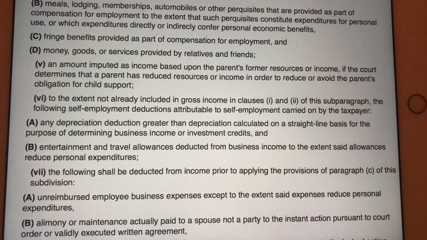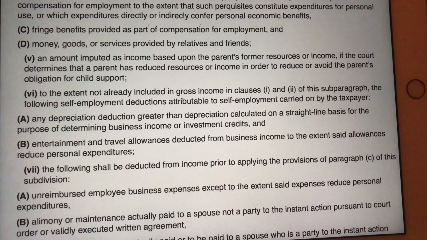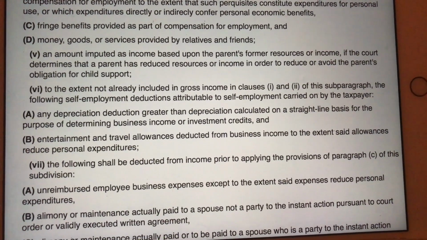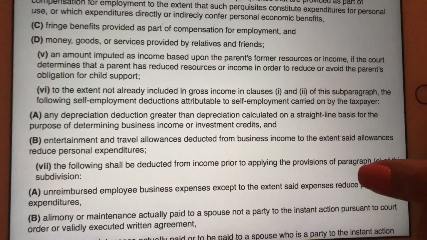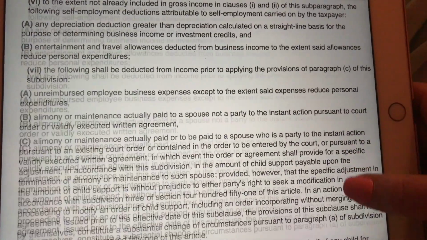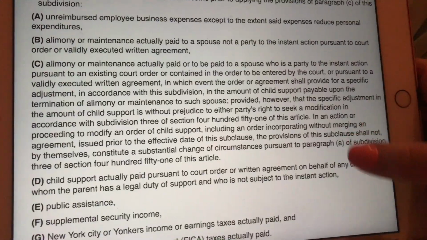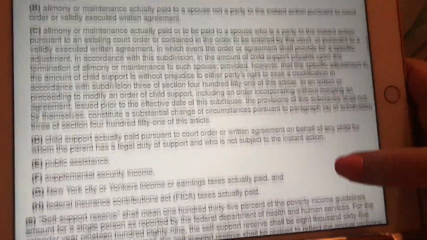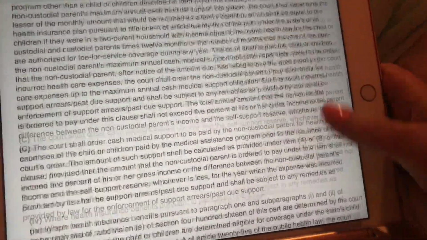Now, Roman numeral 6. To the extent not already included in gross income, the following self-employment deductions carried on by the taxpayer. And then it has another list here. So basically all of this stuff is just stuff that you can read, but you do not have to memorize it. Now, when you get to subdivision 7, this is what you have to memorize because this is the list of 9 that I either went over or am going to go over. Okay, so then there's a list of 9. Now, when you get down